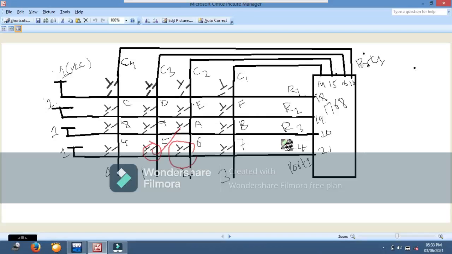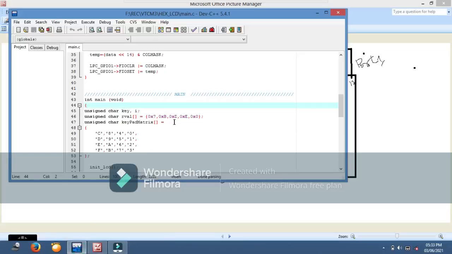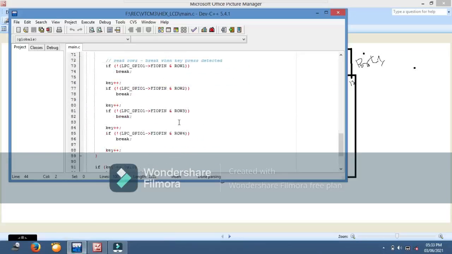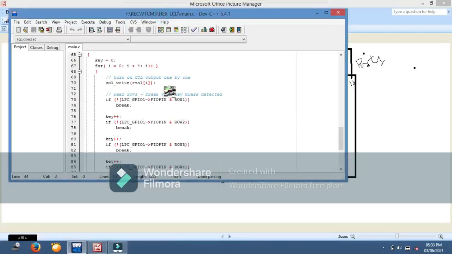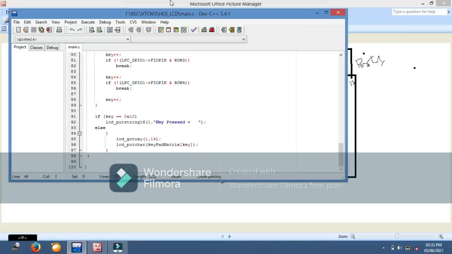Like that, 4 times we are going to scan each column and see which key is pressed in the for loop. If no key is pressed, this for loop continuously runs 16 times, then I will become 16, which is hexadecimal 10, which is shown here.